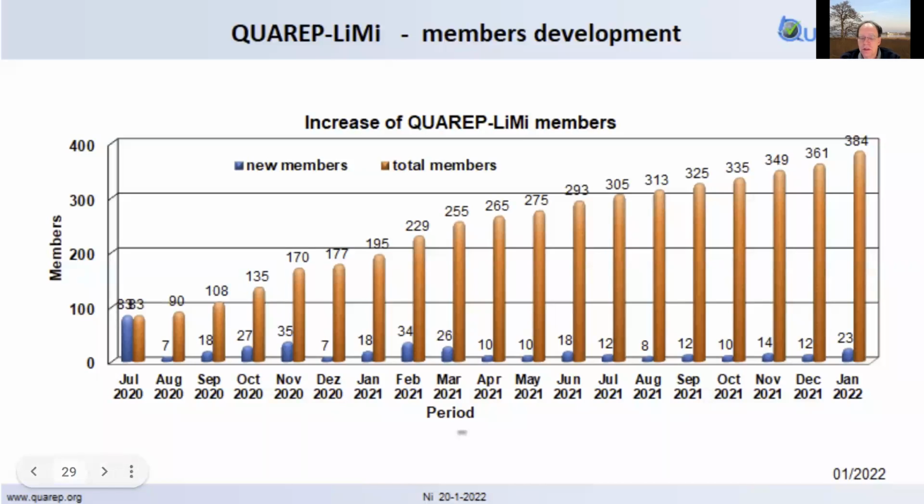So here you see the development over time, and I think we very often see, when we go to the public and tell what we are doing, a steep increase in members in these months. So this month, for example, we were busy at the UK BioImaging meeting and at the AIM workshop in Berkeley. And you immediately see that you have new people hearing about what we are doing. Next slide.